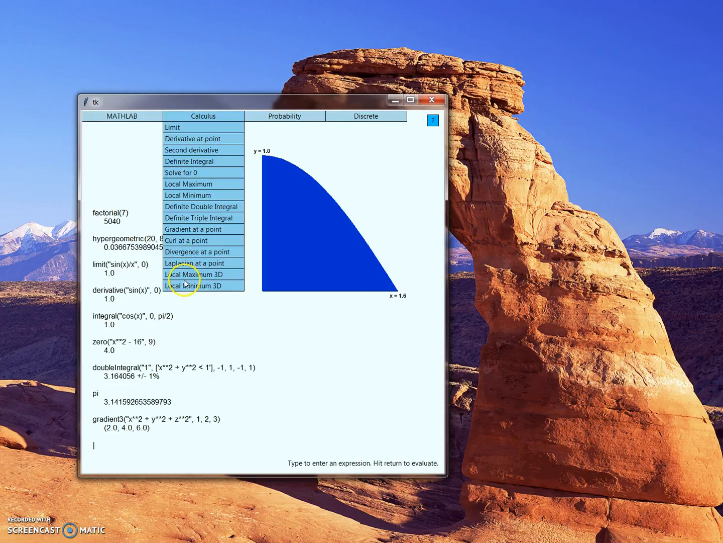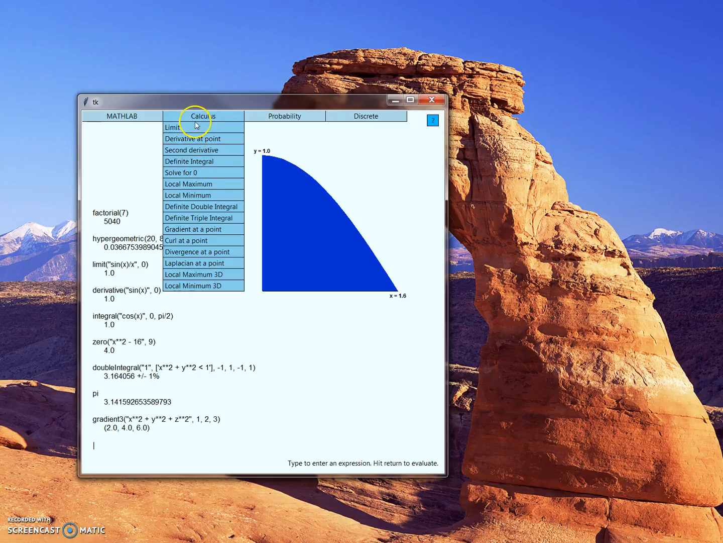And for the local maximum and local minimum functions, we find that these algorithms work the same way as the one-variable algorithms do, except they work in multiple variables rather than just one variable. So yeah, that's basically all I have